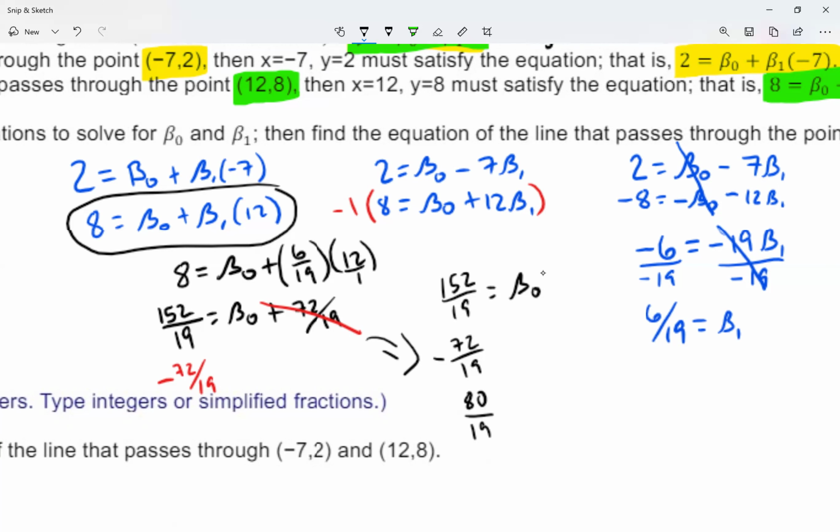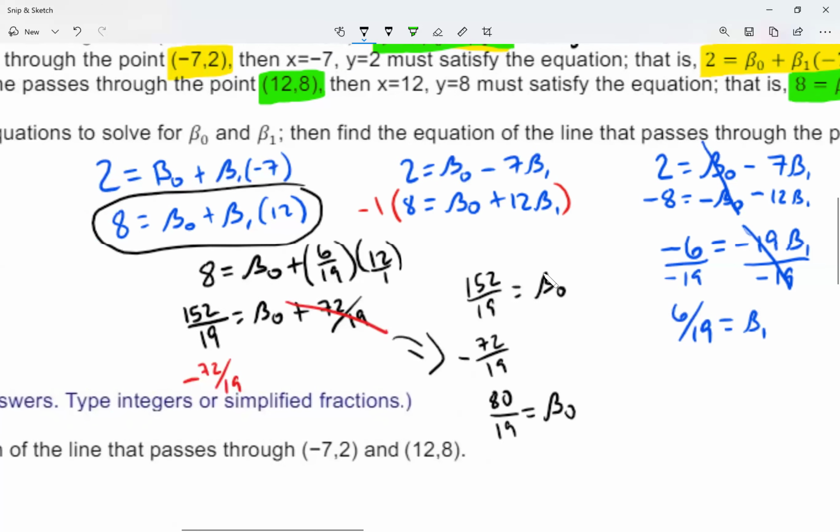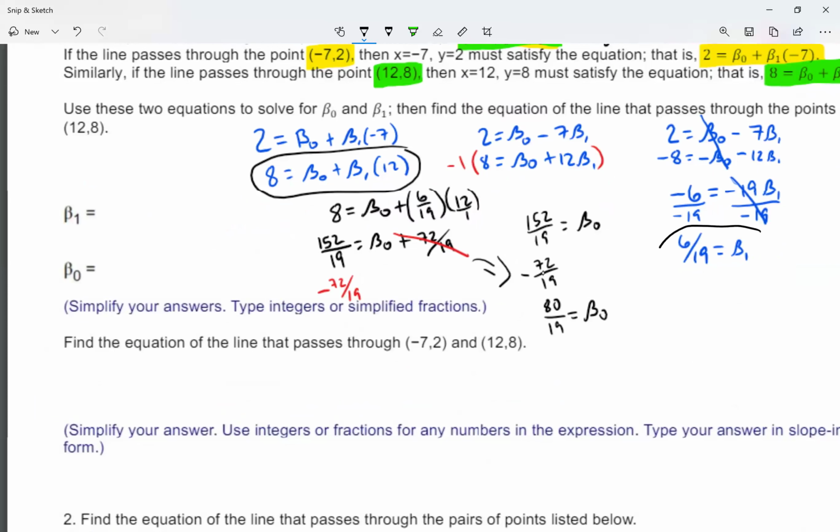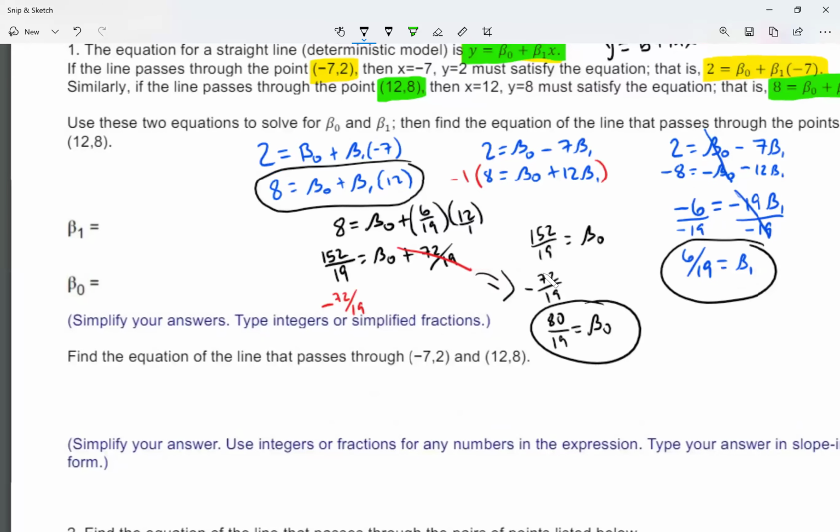Okay. Can you simplify this fraction? Not this case. Some cases you will be able to. Like I said, make sure you simplify if possible. This case we cannot. So 80 over 19 is my beta 0. Okay, let me zoom out here. Let me circle two values that I know. My question here is, what's beta 1? Beta 1 is 6